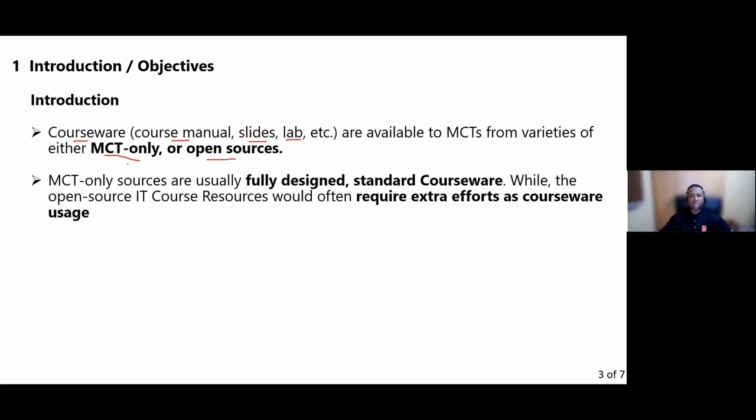Let's note that each of these sources has its own uniqueness. The MCT-only sources usually have full-fledged standard courseware. Those courseware have been fully designed. In other words, the MCT can access it and start delivering trainings immediately. Whereas for the open source,